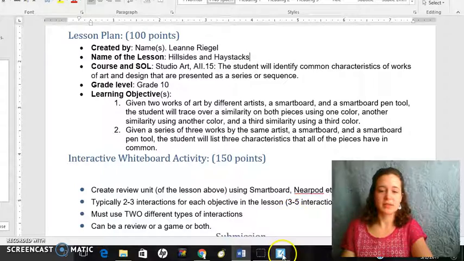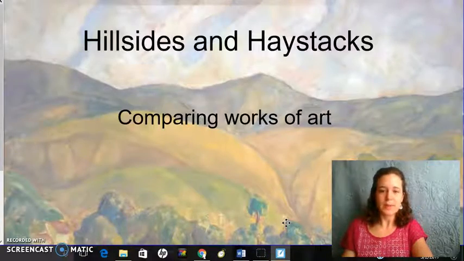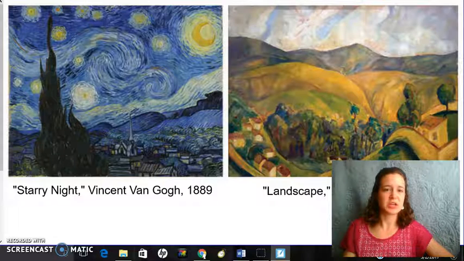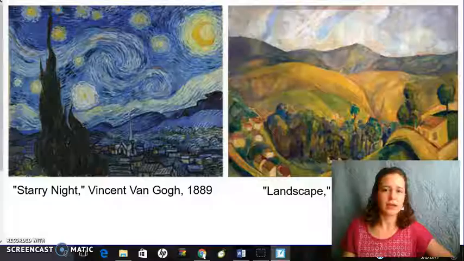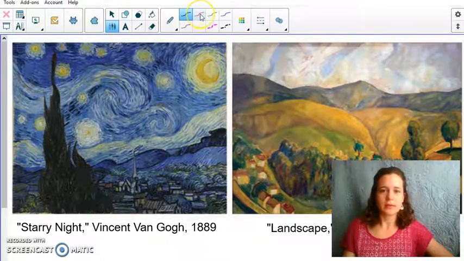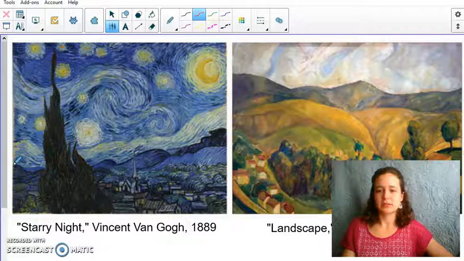So we're going to be using a Smartboard for this lesson, and this is the presentation that we'll be using. It's called Hillsides and Haystacks, Comparing Works of Art. First, we are going to be comparing Starry Night and Diego Rivera's Landscape. So we're going to come over here and select a pen tool right here, and the student will come up to the front of the room, grab a red pen maybe, and say,